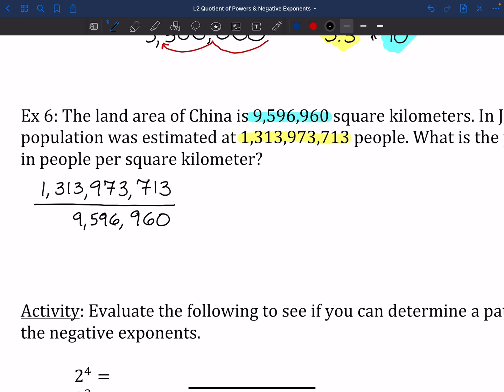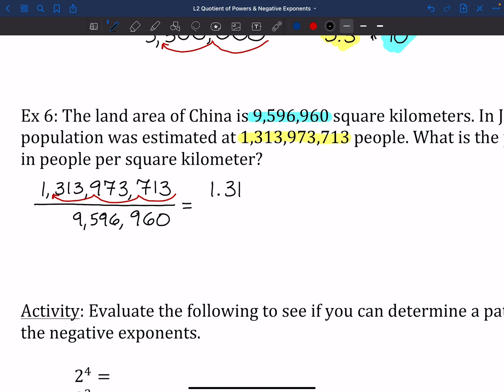And again, your calculator might not let you plug in 1,313,973,713. So scientific notation is going to be pretty handy for us here, because I don't want to do this any other way. So on the top there, we're going to drag our decimal place 3, 6, 9 spaces to go over. So I'm going to rewrite that number as